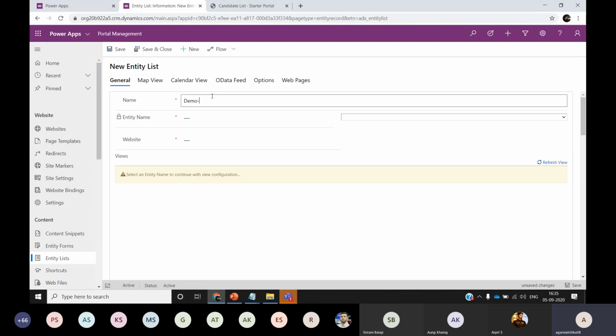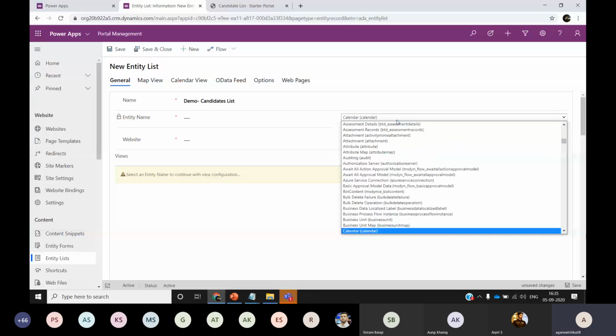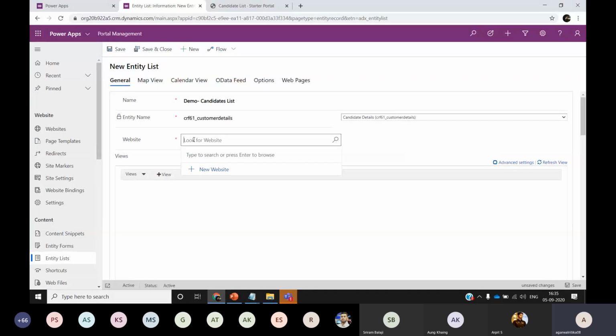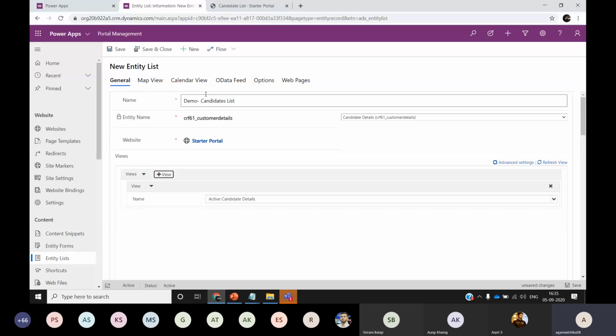I'll name this demo candidate, and the entity name will be candidate details. This is the one. And then for the website, since I'm working on the starter portal, I'll be selecting that, starter portal. Then I expanded the view, and here I'll add which view I want to display.